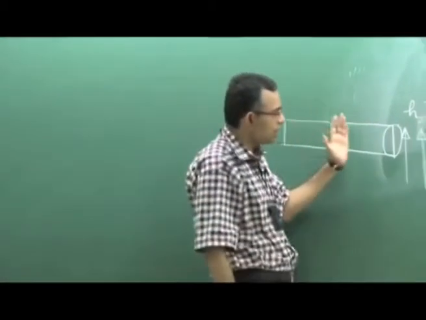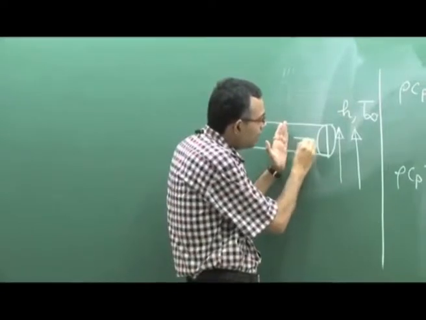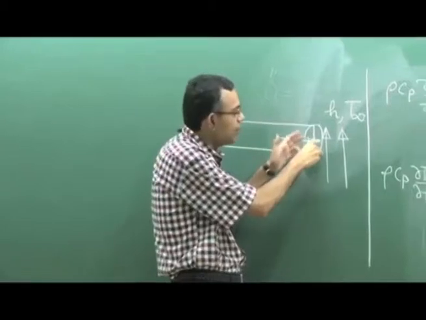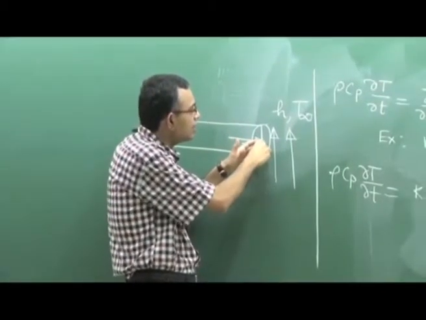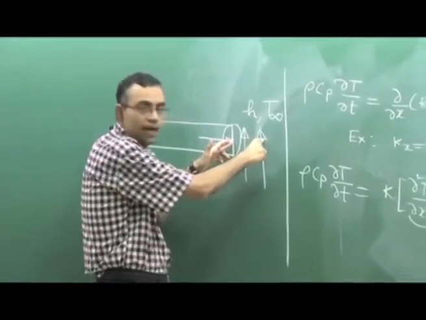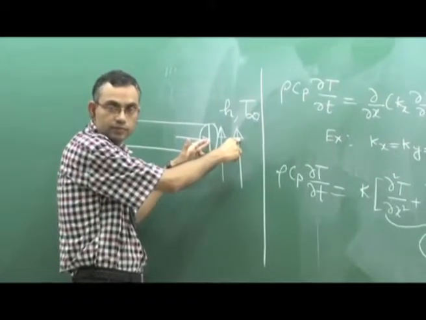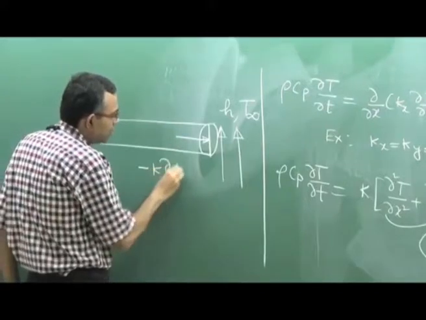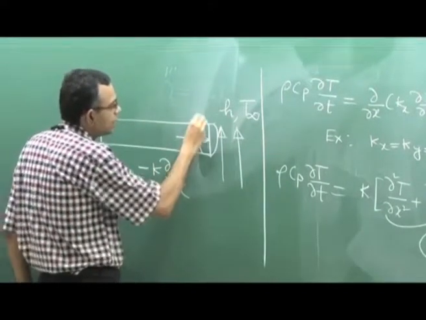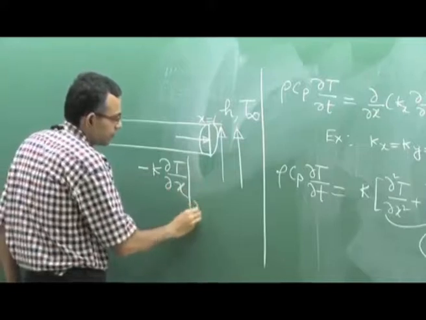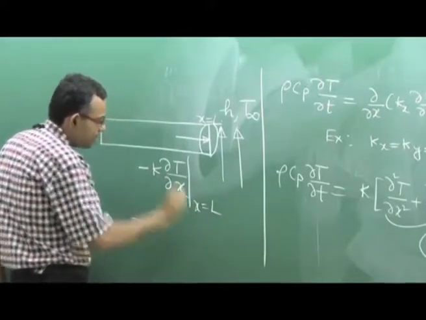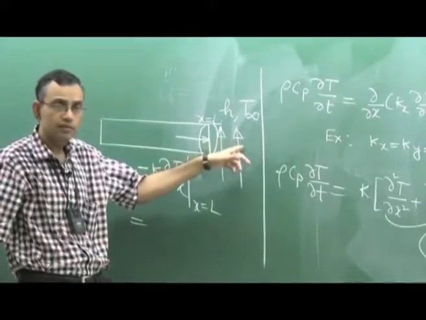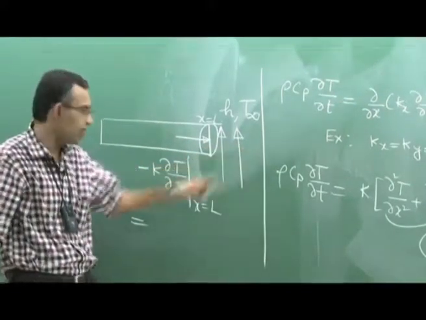The boundary condition here is that whatever heat flux reaches here by conduction, the same heat flux leaves from here by convection. So what heat flux reaches here by conduction? That is minus k del T del x. Let us say this is x equal to L, is equal to what heat flux leaves here due to convection,